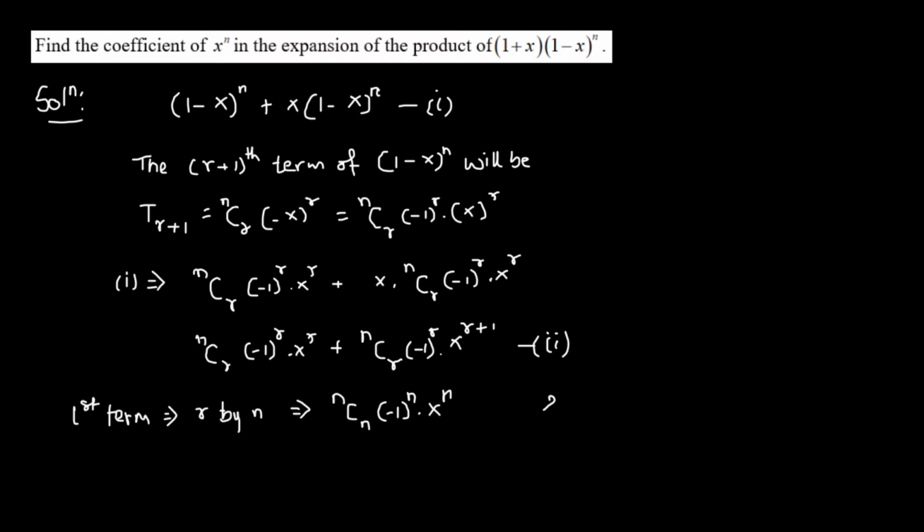Then in the second term, we replace r by n minus 1, and that should give us nC(n minus 1) times negative 1 raised to the power of n minus 1, which is the value of r, times x raised to the power of n minus 1 plus 1, so that would give us simply x to the power n. So now that we have the coefficient of x to the power of n in the given expression, the final coefficient will be